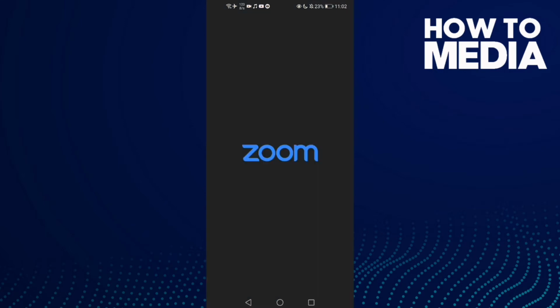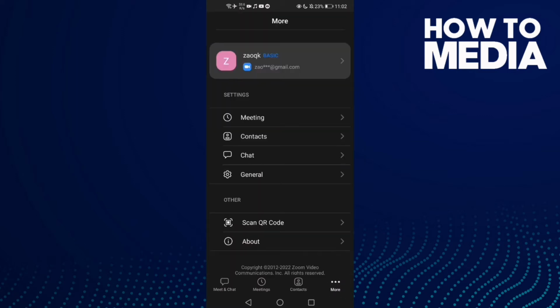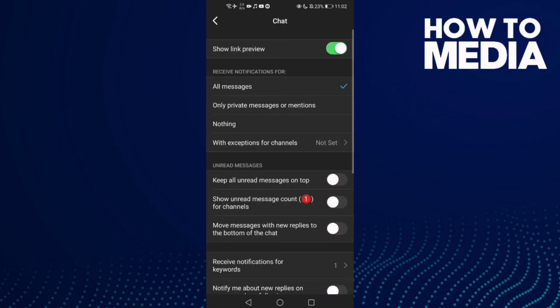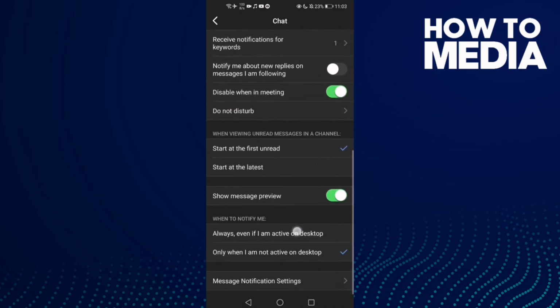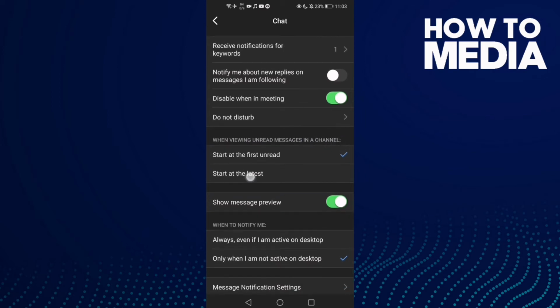First go to Zoom and then click these 3 points here, and now click this one, chat, and now go down, and here you will find this one here, when viewing unread messages in a channel, and then just select here